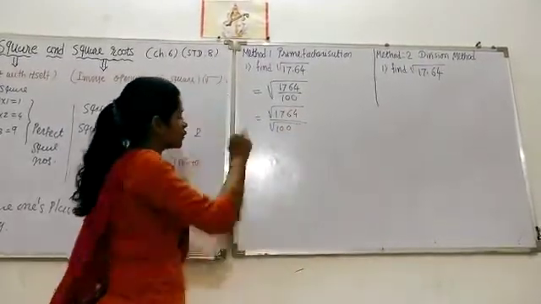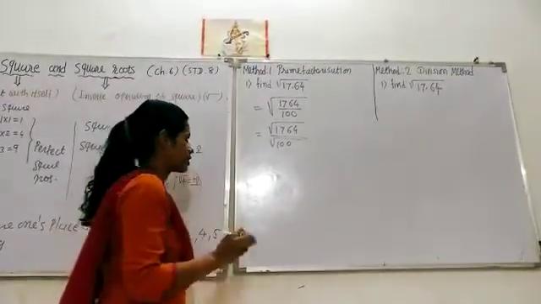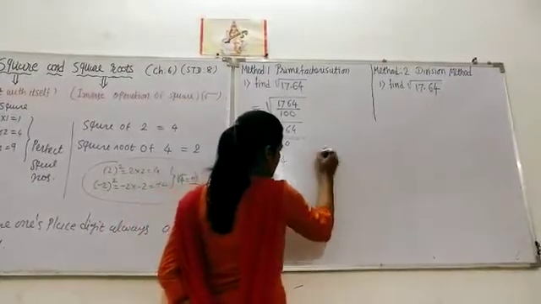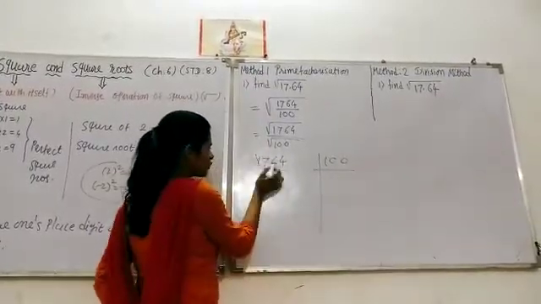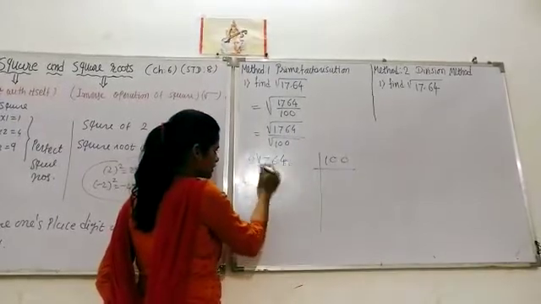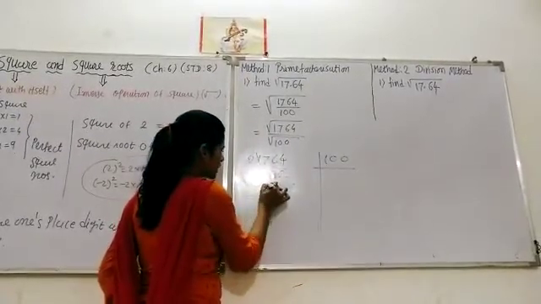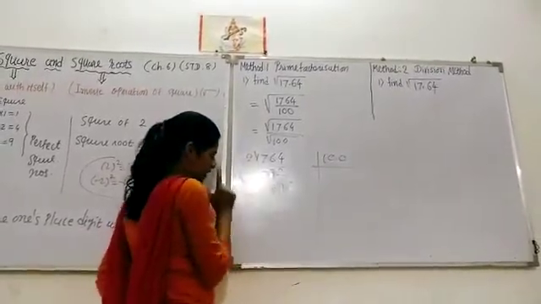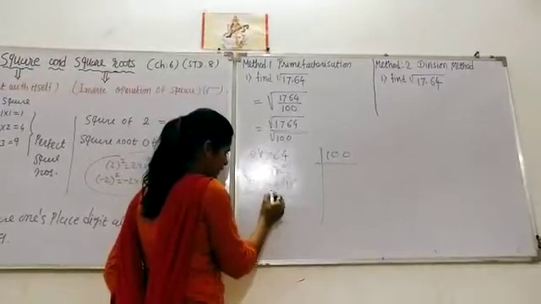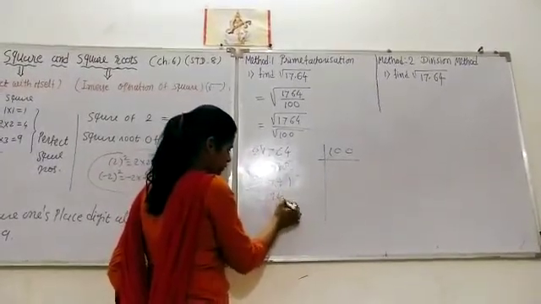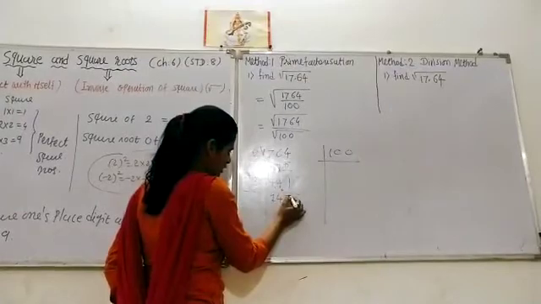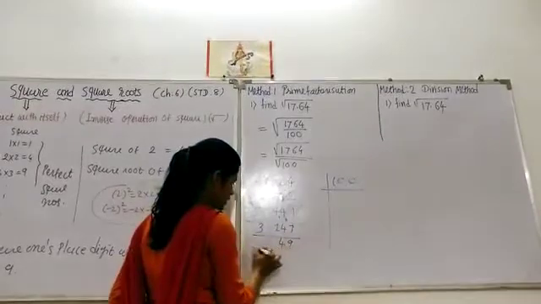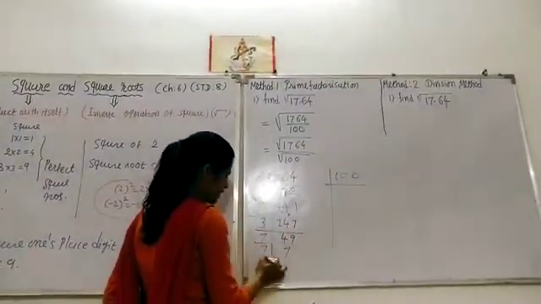After this, take out the prime factors of the numerator and denominator both. So find the prime factors of 1764 and of 100. For 1764, 2 8s are 16, 2 2s are 4, 2 4s are 8, and so on. This number is definitely divisible by 3: 3 1s are 3, 1 is left, 14, 3 4s are 12, 2 is left, 3 7s are 21. Then 3 4s are 12, and 7 7s are, and 7 1s are.